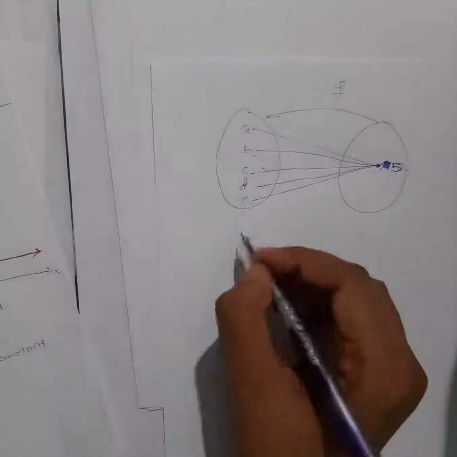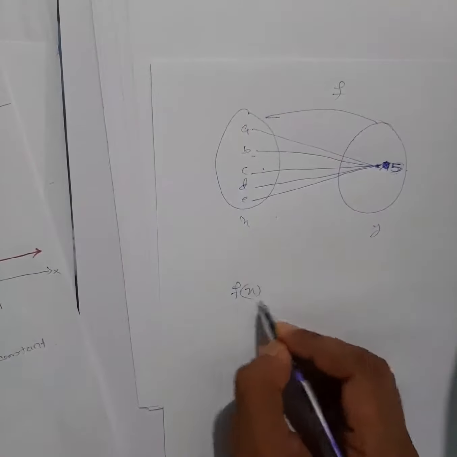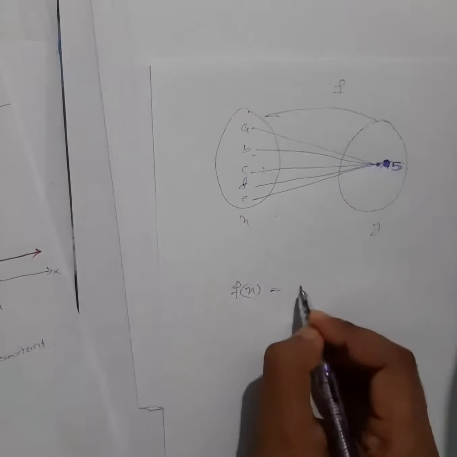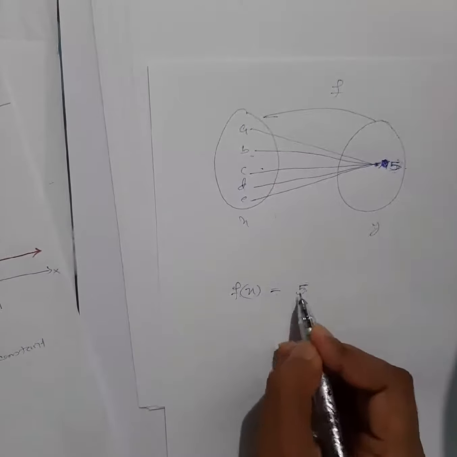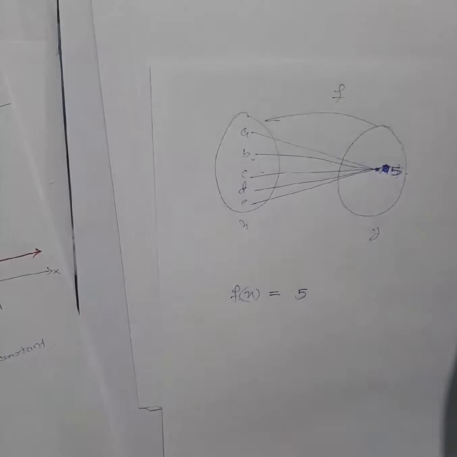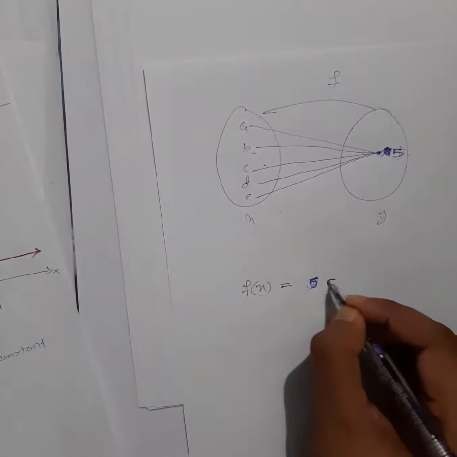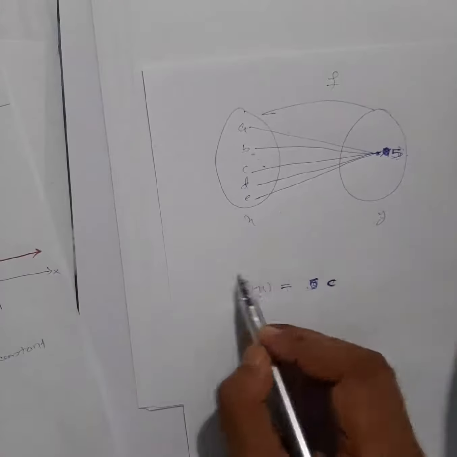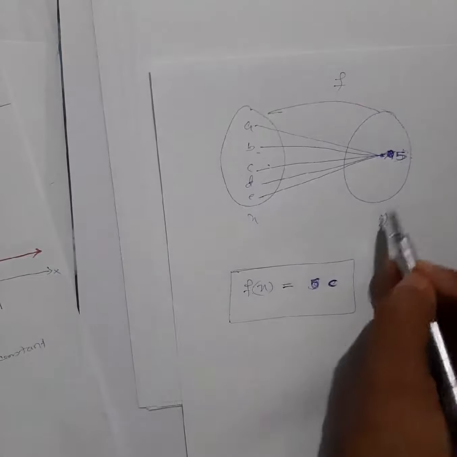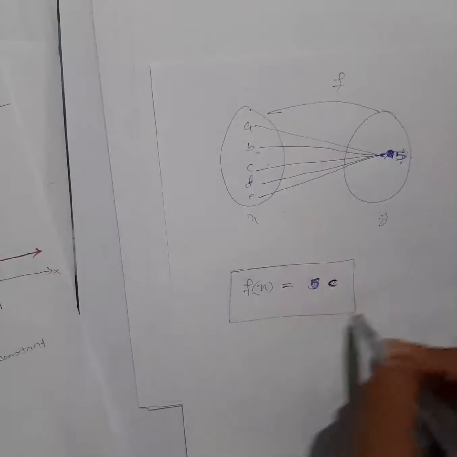So in this case, this is your X, this is your Y, right? So what can I write? Fx is always fixed. So instead of writing Y, can I write 5? Means Y is always fixed. Y is equal to 5. Fixed. Or you can write here C, constant we used to write down with C, right? Or a small letter we use for constant, right? So try to understand, when you get Y is equal to constant, fixed, it means the image is fixed. Try to understand with the arrow diagram also, not only with this.